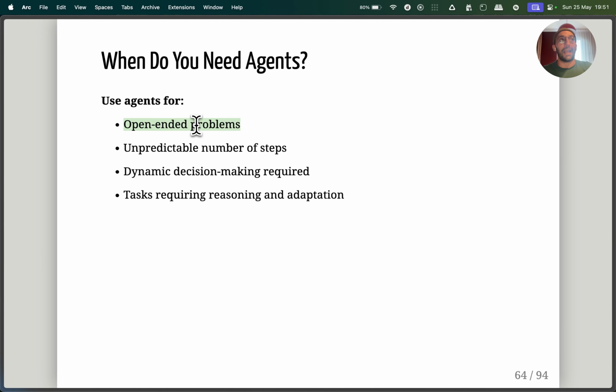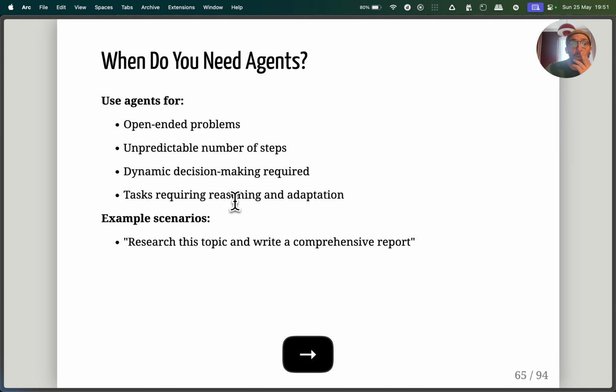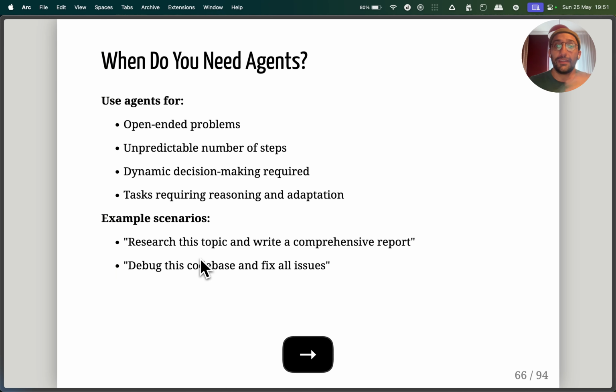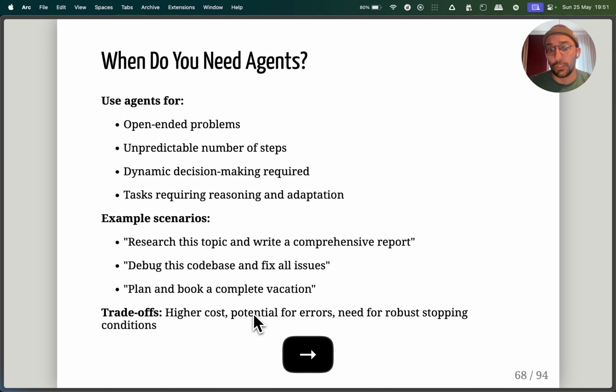This is not something where I would want a specific workflow that works in a specific way for this task, right? It had a kind of unpredictable number of steps, and it required a little bit of dynamic decision-making, right? Other example scenarios would be: research this topic and write a comprehensive report, or debug this code base and fix all the issues, or plan and book a complete vacation.